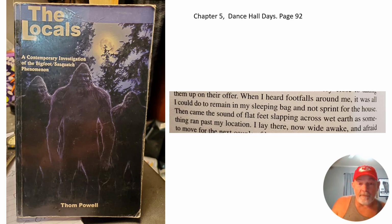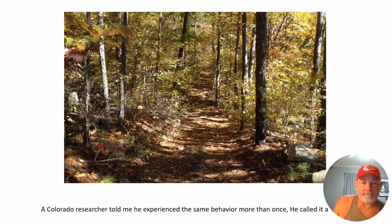Anyways, so he wrote about it in the book. Something did run by while he was sleeping. And I've also talked to a guy in Colorado who told me, back when I first announced that I had something run by the tent, he reached out to me and said it happened to him a few times, and that he just calls it a run by. So that's what I've been calling it, because now we're starting to see that there's a possible pattern